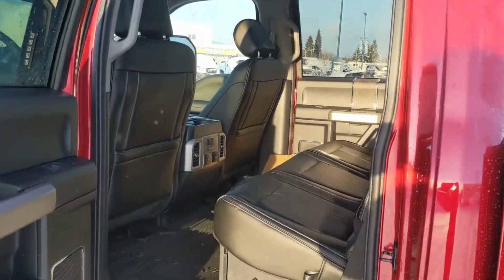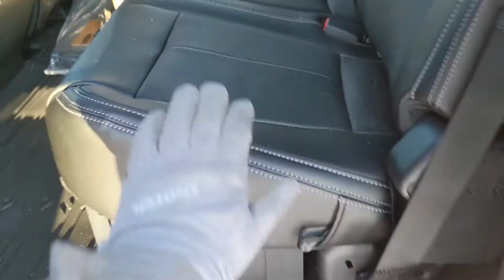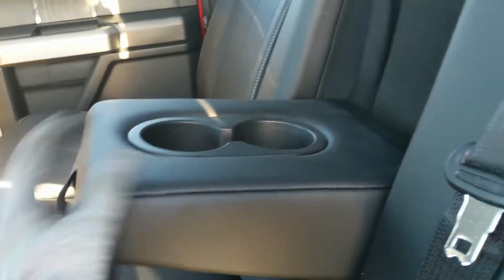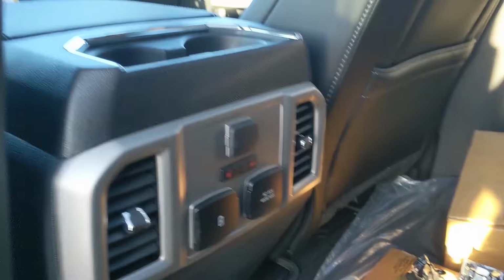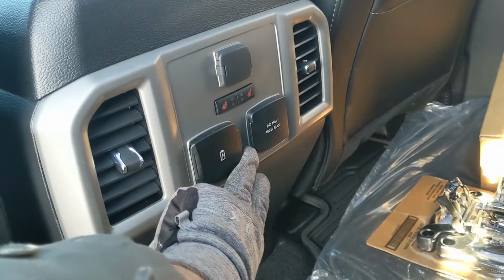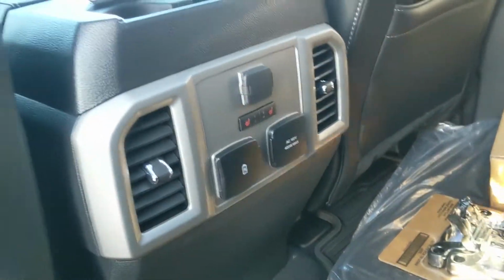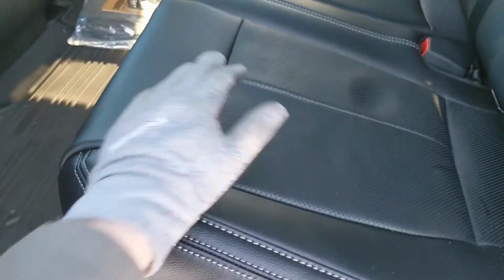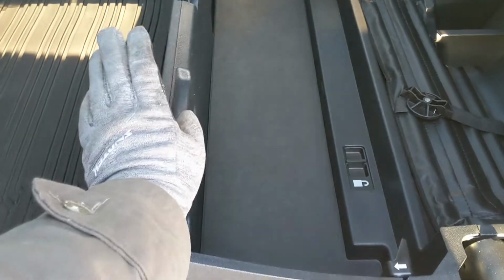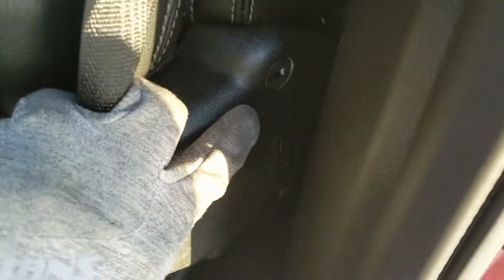inside. And first, looking in the back seat, where you have seating for 3 with a nice full leather interior. In the middle, you have fold-out armrests with 2 cup holders, as well as having 2 more in the middle here, with a 12-volt USB and USB-C and a 110-volt power outlet, as well as having heated rear seats. Then the seats can also be folded up and out of the way to accommodate any other cargo you might want to put back here, and reveal your collapsible storage box underneath, which can be locked at the hinge for